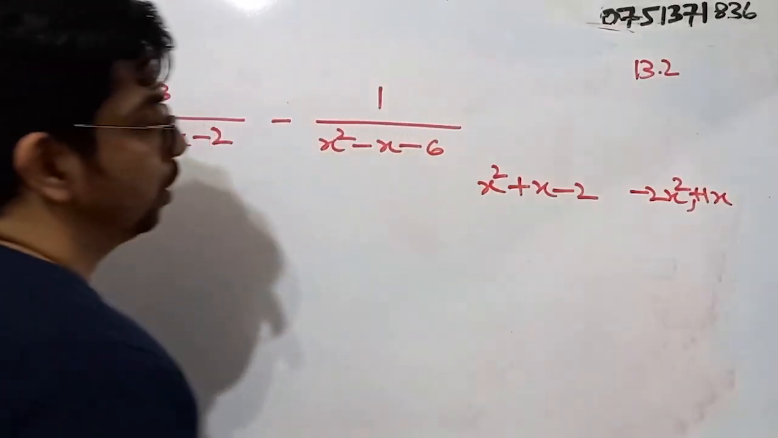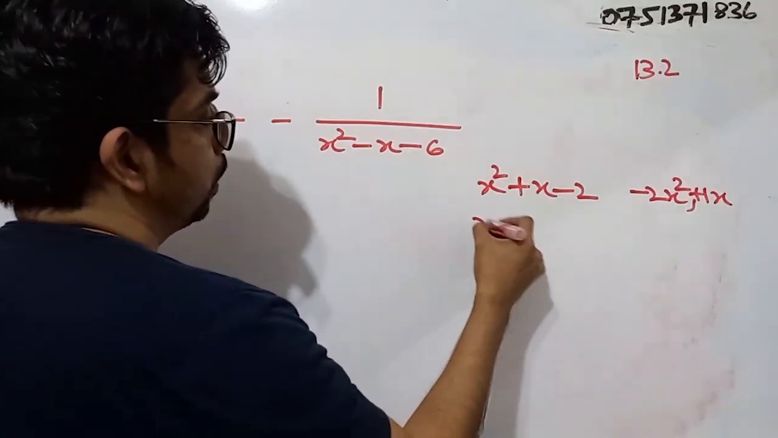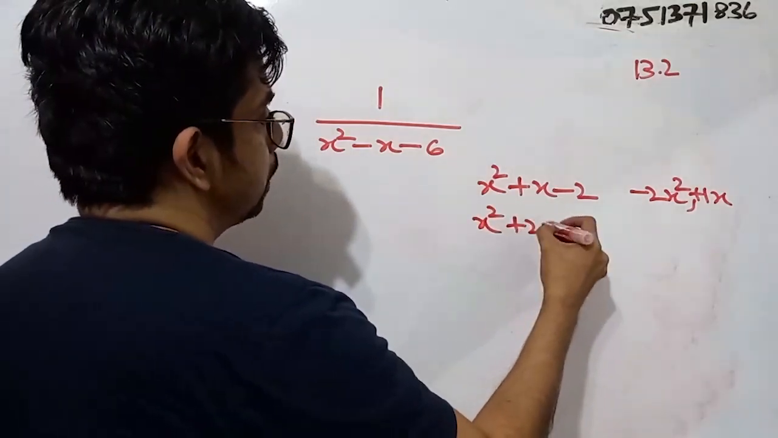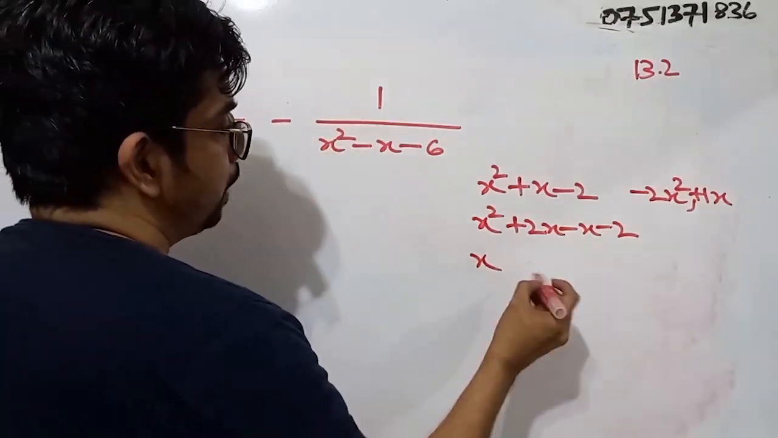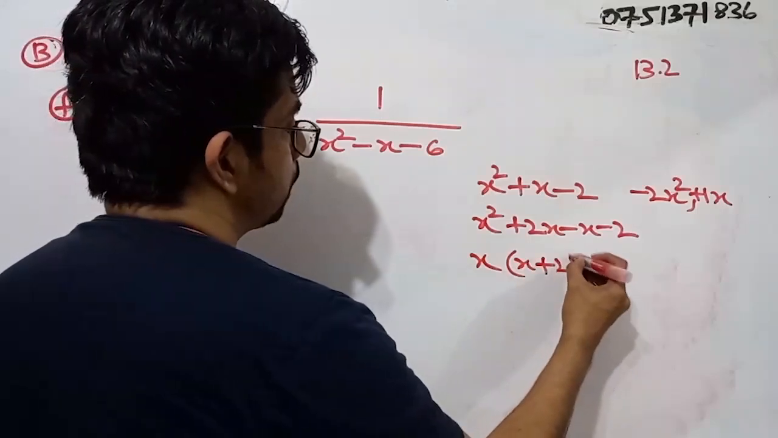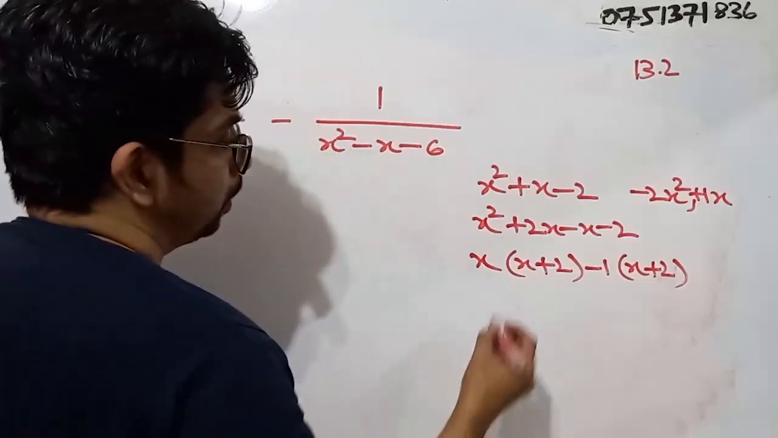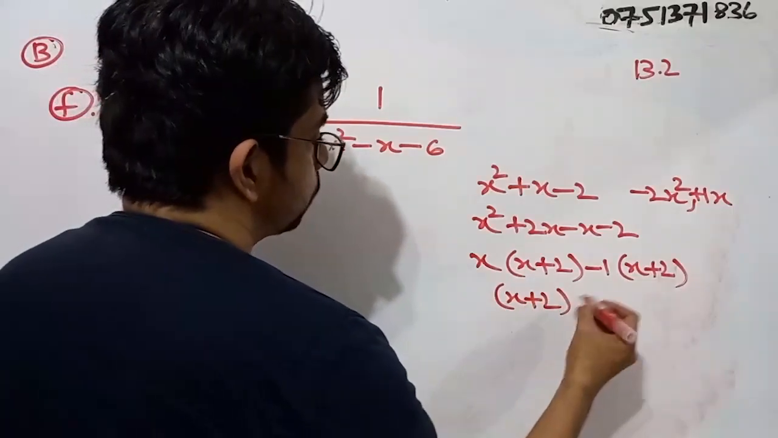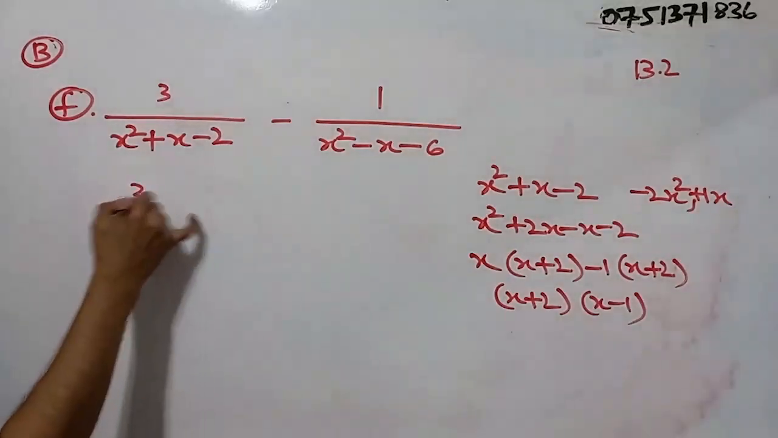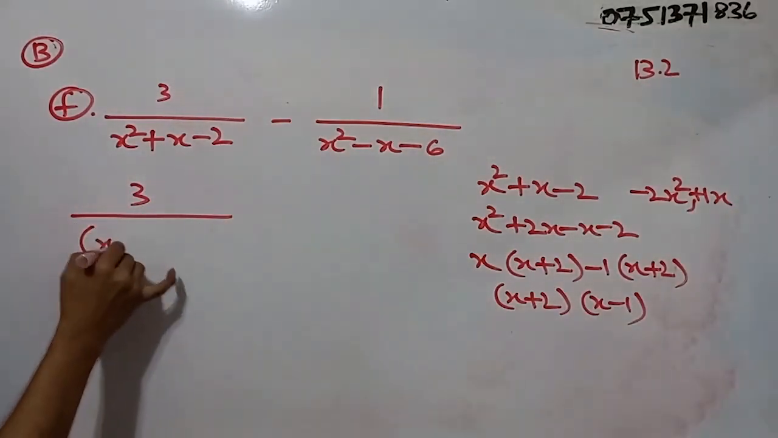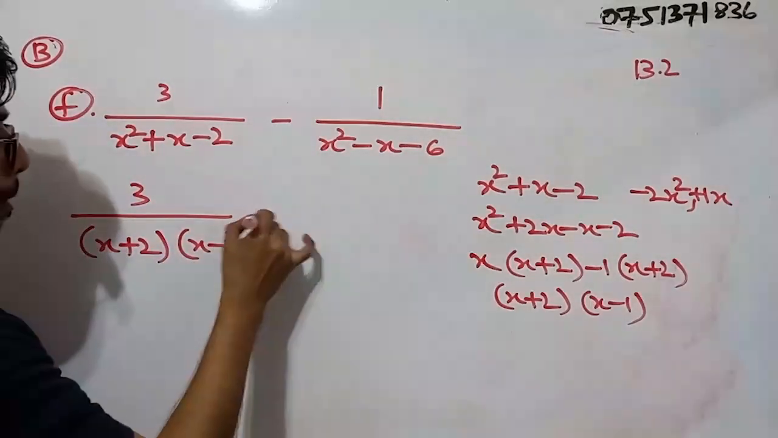It is also positive. So that means we have to consider 2 into 1, and 2 should be positive. So x squared plus 2x minus x minus 2. Consider these two terms, common factor is x. What goes inside? x plus 2. Minus 1, what goes inside? x plus 2. Then we have what? x plus 2 and x minus 1 as the two factors. So we can write 3 divided by x plus 2 and x minus 1, minus,